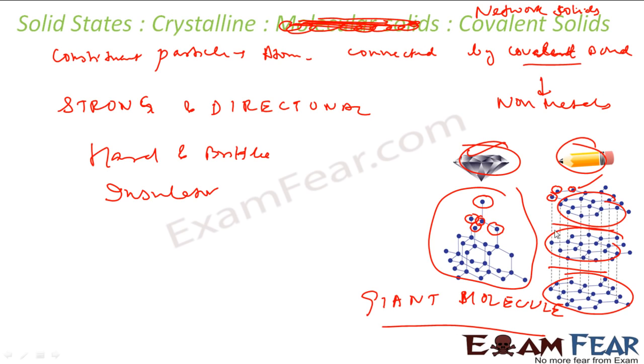So we talk about the graphite structure. It has a typical structure. These carbon atoms are arranged in different layers, as I told, and each atom is bonded to 3 of its neighboring atoms. If you see this one, 1, 2 and 3. And the 4th one is present between the layers, and they are free to move. That's why they conduct electricity, and they are soft also, because these layers slide over each other. It's a very good solid lubricant at high temperatures. I told you about the normal lubricants which we use in